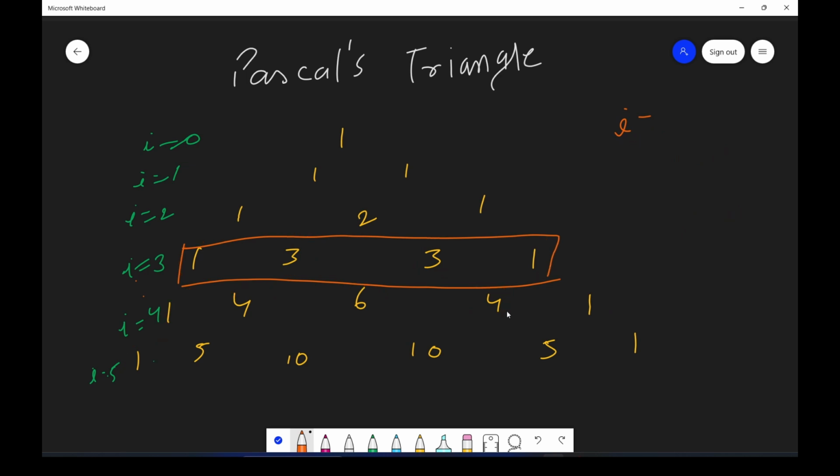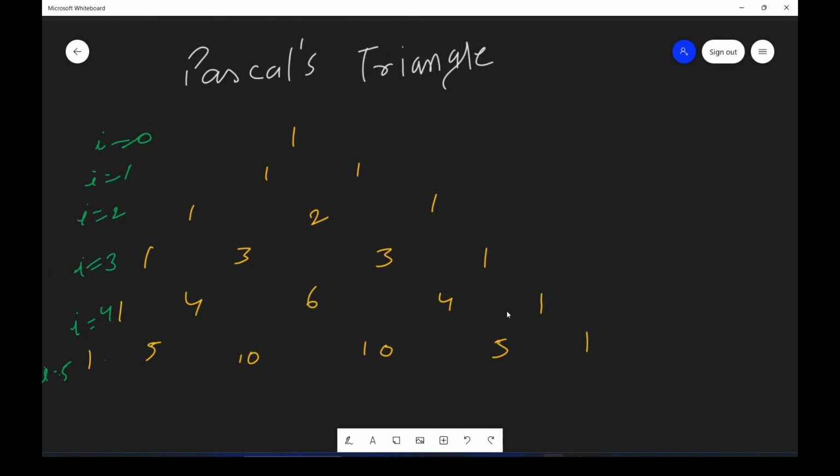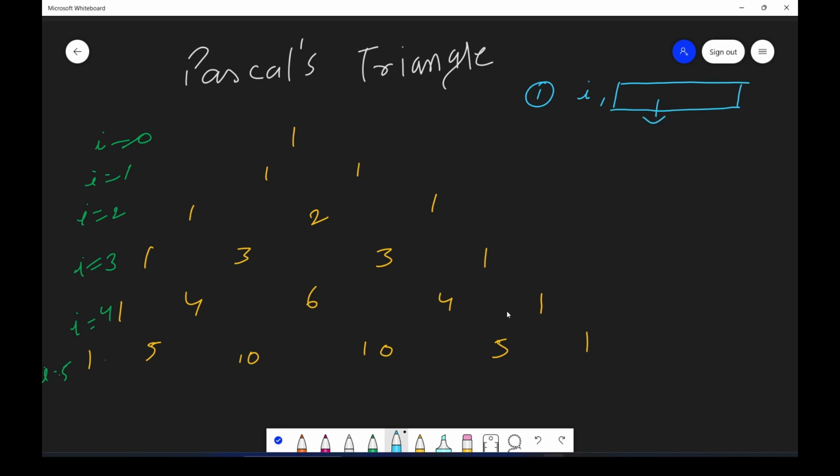So what we have observed here, the first observation, is that whatever the row size will be, that will be I plus 1.